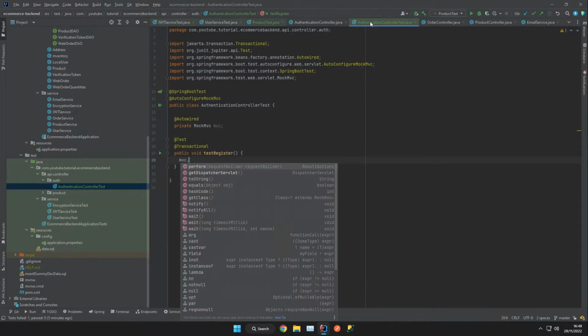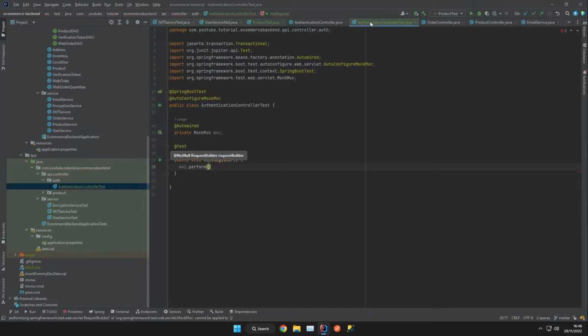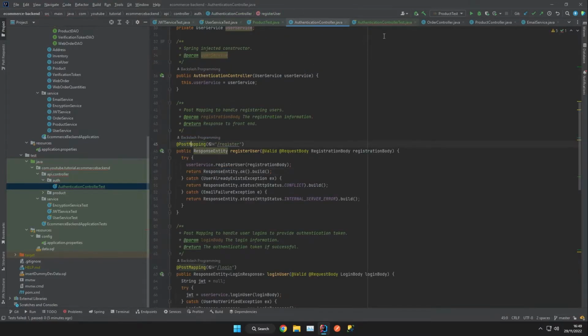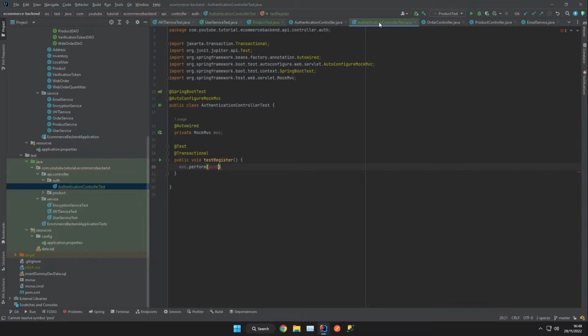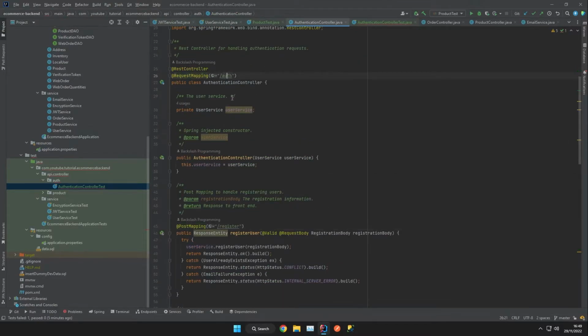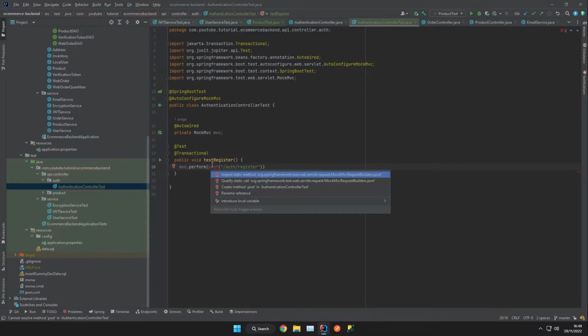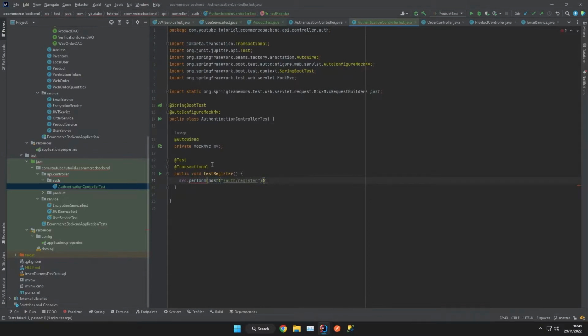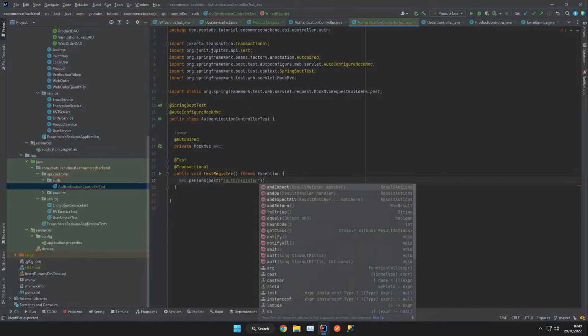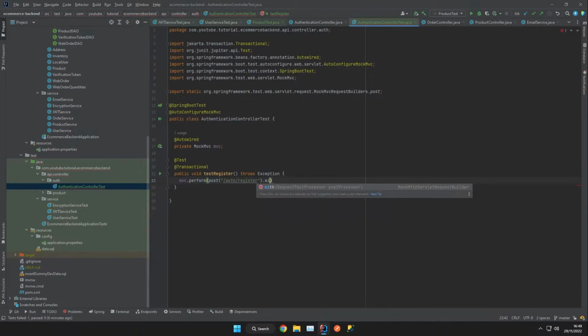and then we're going to go mvc.perform, and this time we're doing a post because if we look at our authentication controller, it's a post mapping. Post, and then that's /auth/register because up here our request mapping is auth, and then our post mapping is register, and we can then import the static method, the same one from before, and then we want to also catch that exception, throw it to the method signature, and then what we want to do is also we want to do with build